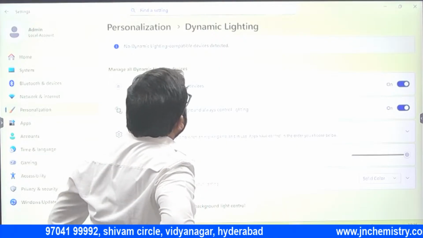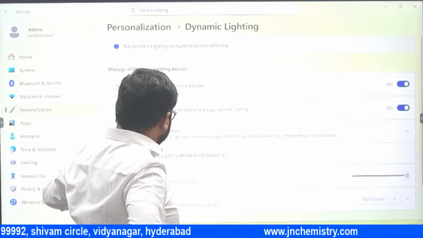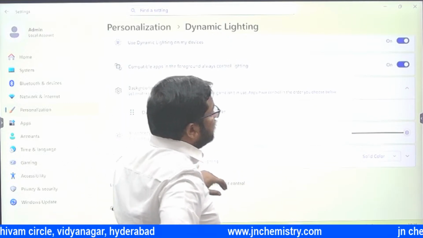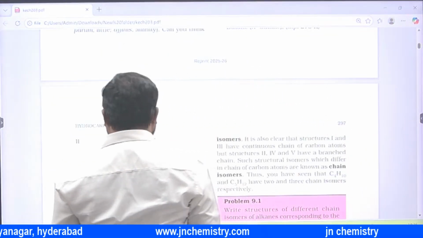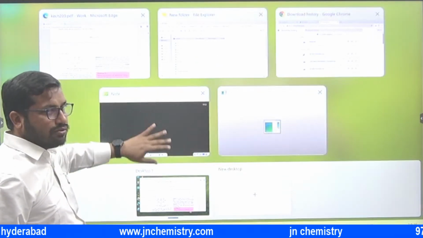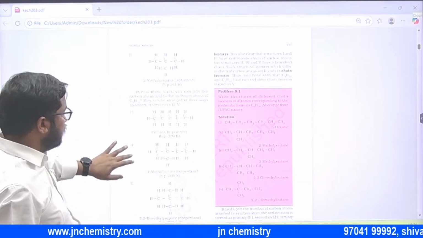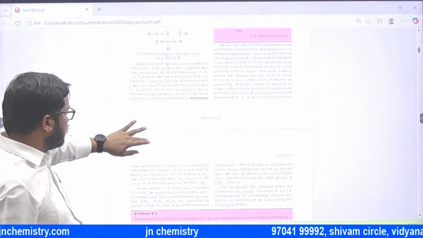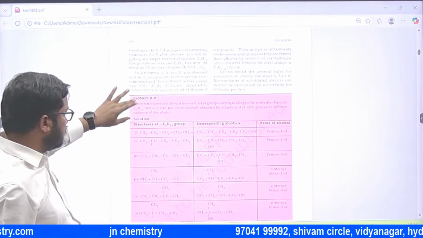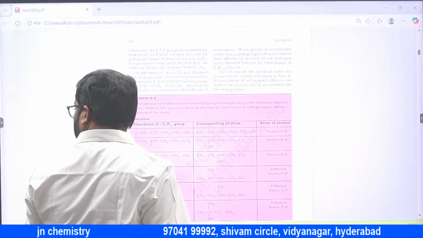No dynamic lighting compatible devices. Right. So just no issues. You can go through the... So you can download the PPT. So you can zoom in actually. Here is. So,